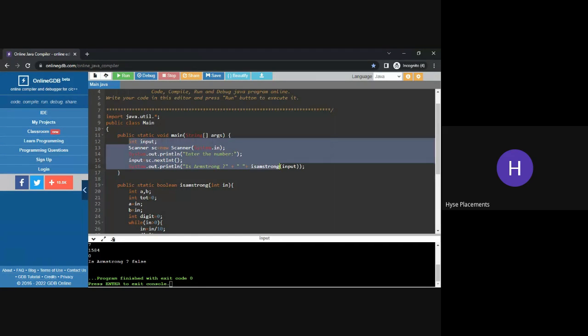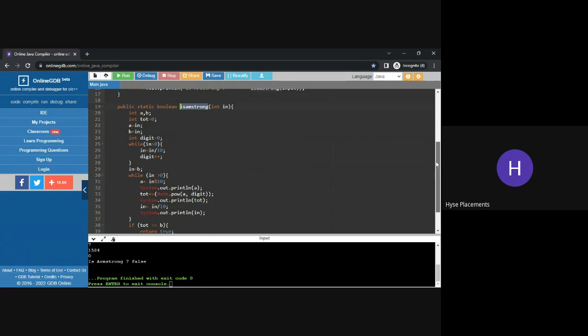You understood this, right? So here I am calling this isArmstrong method and passing my input. So it goes to this method. And in this method, I'm writing the logic. It says,